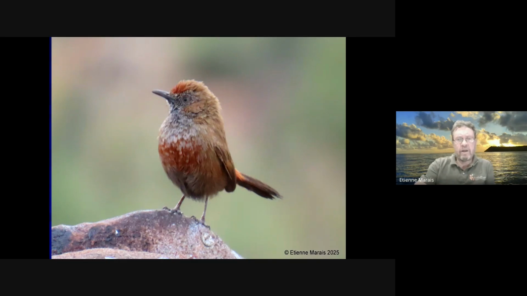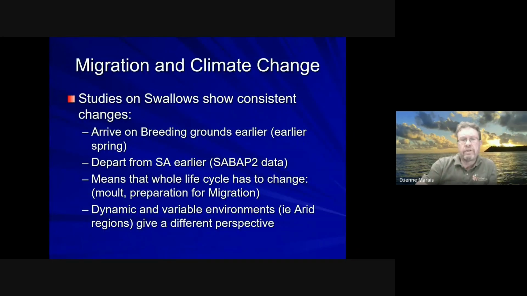Having spent some time in the Northern Cape this year, I'm convinced that the high numbers that I found were specifically linked in certain areas where they had tremendously good rain. So they also show local movements and nomadism to take advantage of good conditions. But just back to this whole issue of migration and climate change,